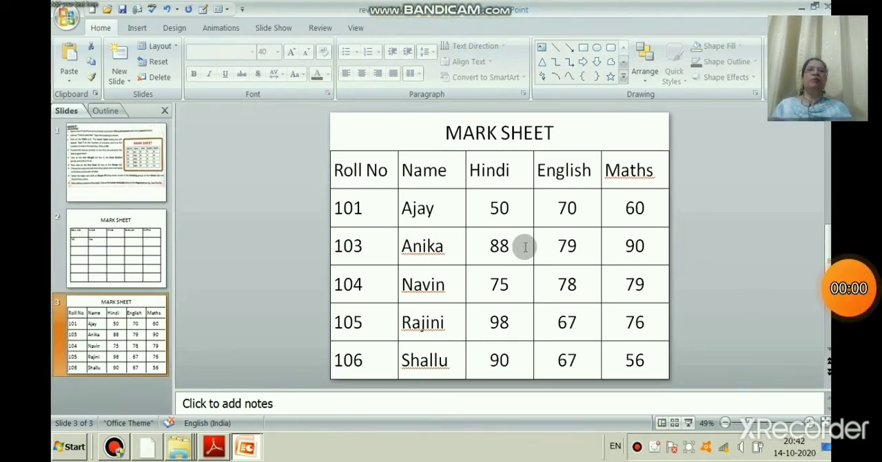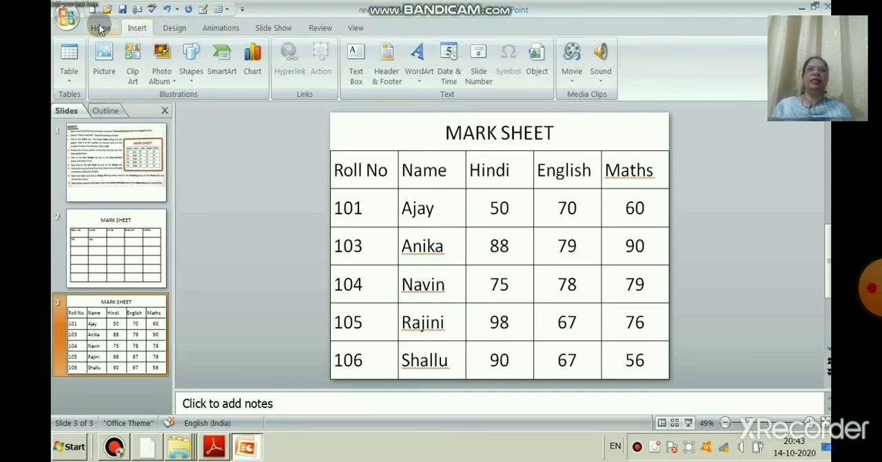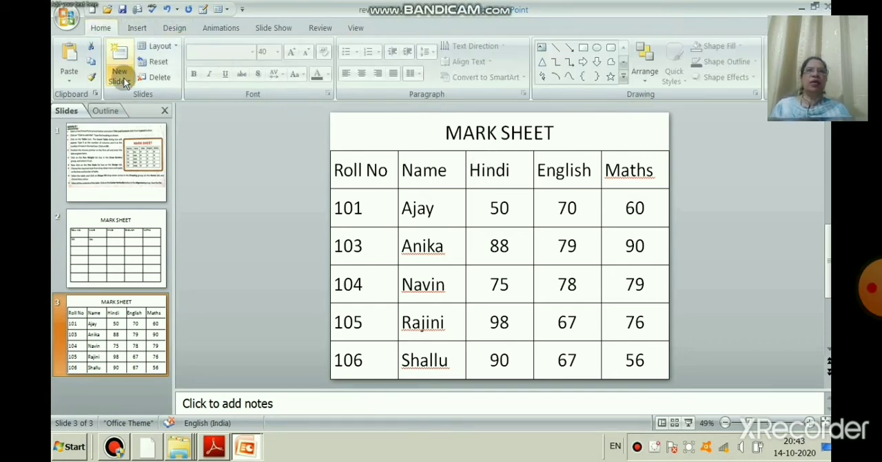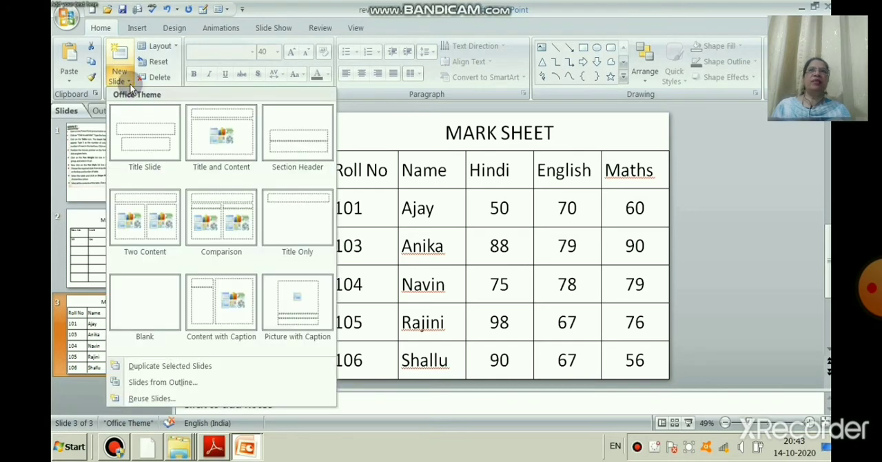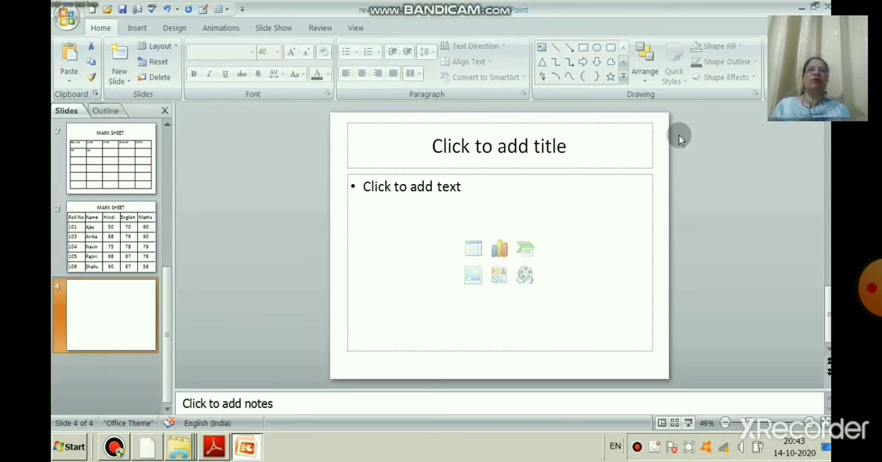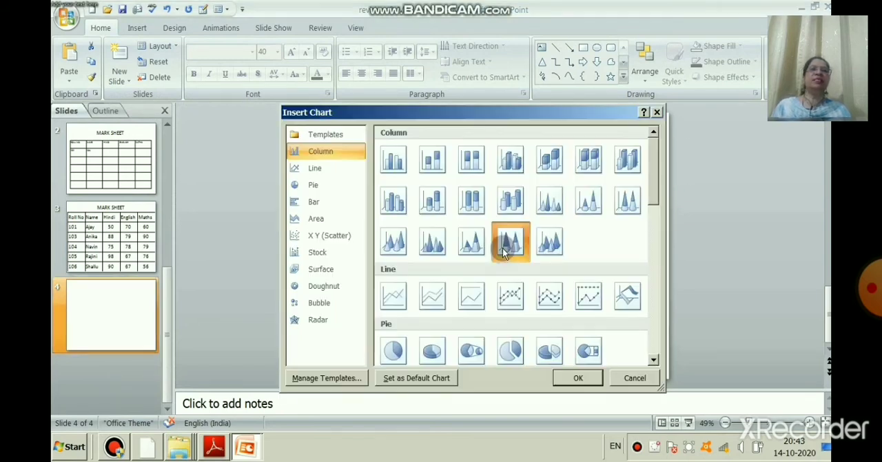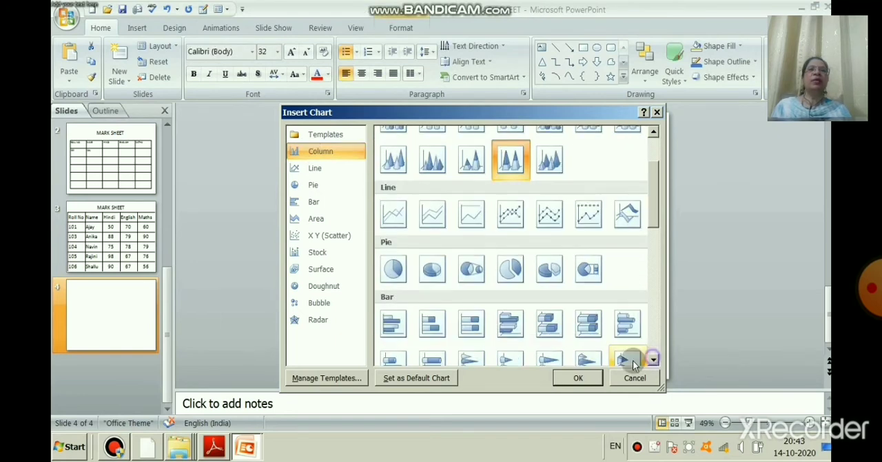We will take the same mark sheet and we will learn how to create a chart. So, what is a chart? A chart is an effective way to display data in a pictorial form. We will select the title and content layout because we need an insert chart icon, right? So we will select the different types of chart. Can you see here? So we will select this chart